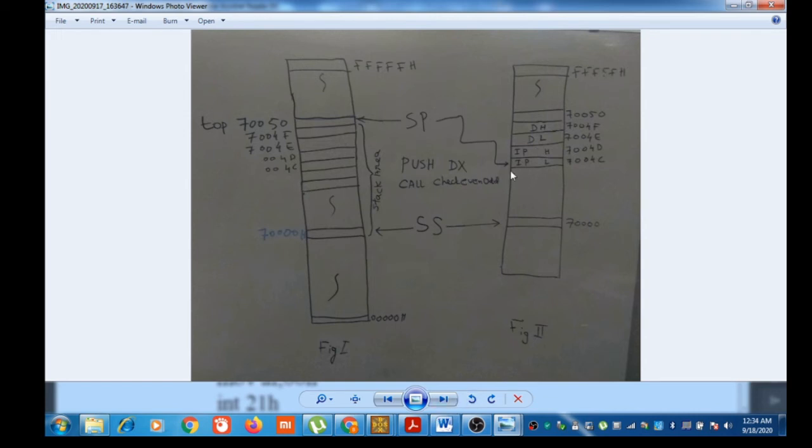So then how can we get our data back without affecting this stack content, because the program has to return from this procedure? We can't alter the stack content. So without altering the stack content, how can we access the data? That is the question here. Remember SP is carrying the value 004C, so it is pointing to this location, whatever data is in this location. How can we access our data without affecting the stack content? That is the question.